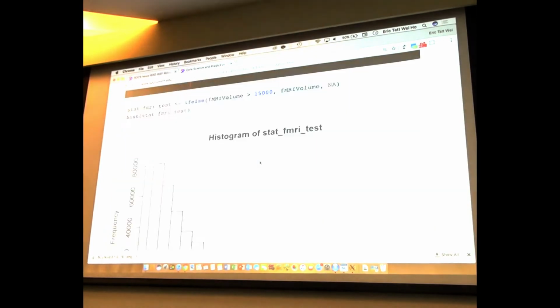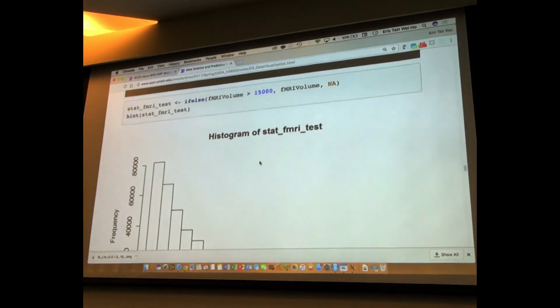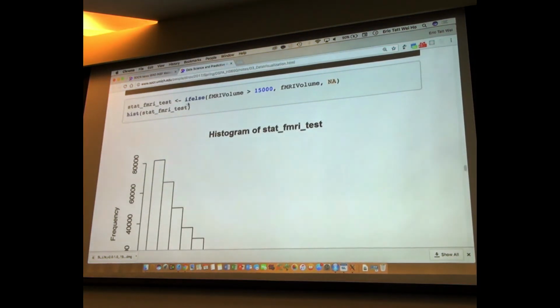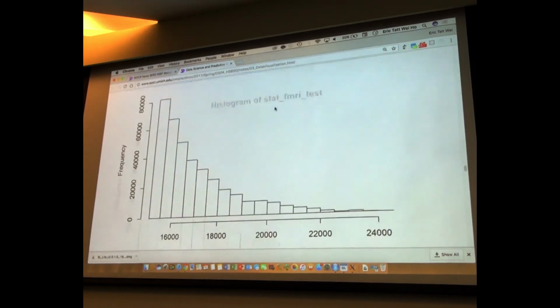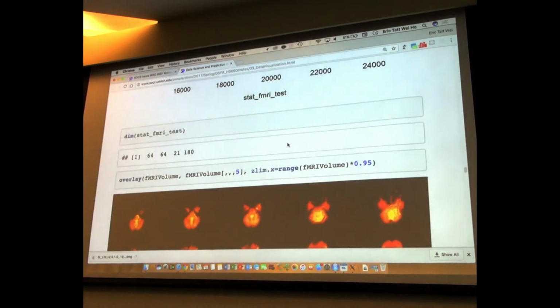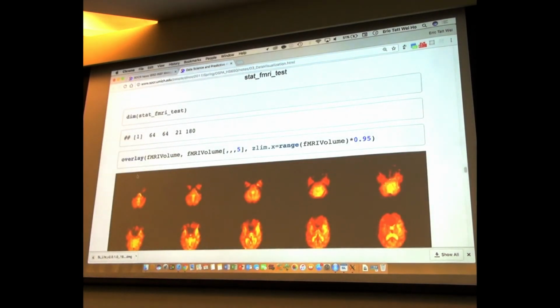Okay, and that's what it looks like. You can extract, look at this. Stat fMRI test is only going to include the fMRI intensity that exceeds 15,000. And that's what this distribution looks like. A very nice, rapidly decaying distribution of intensities. You can also overlay,